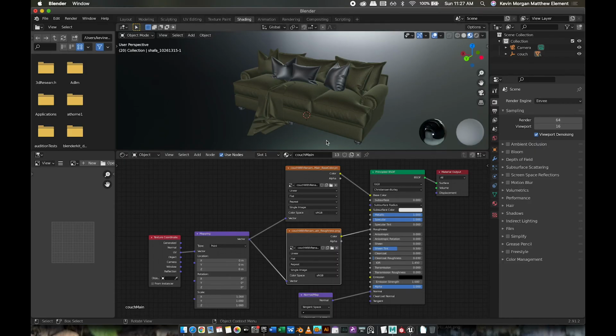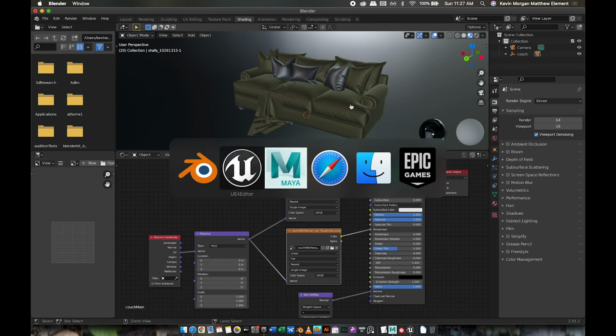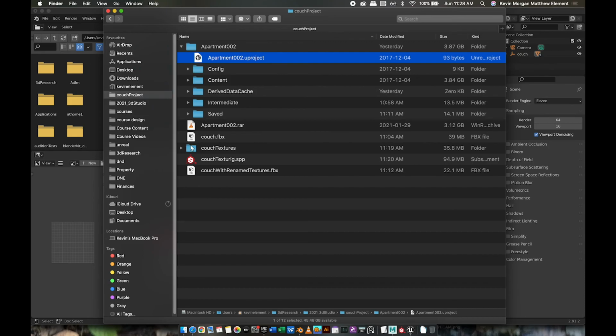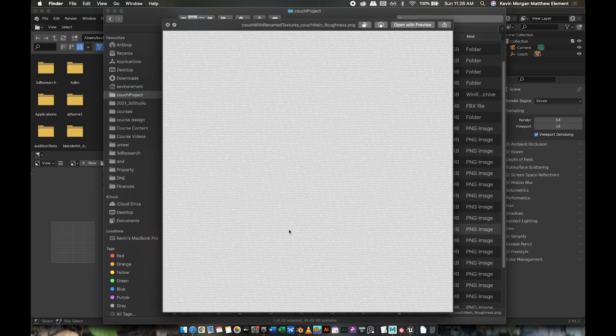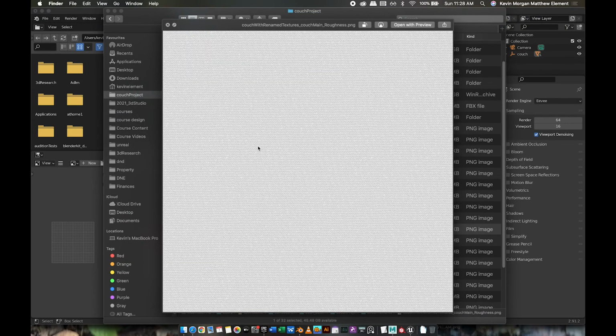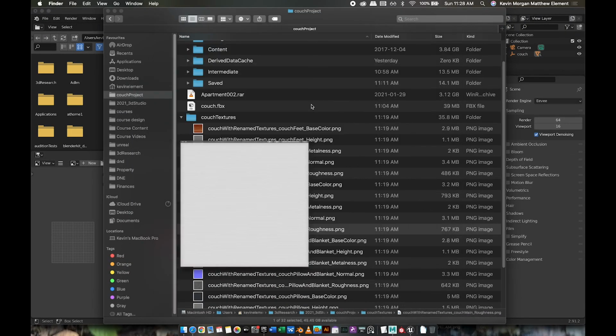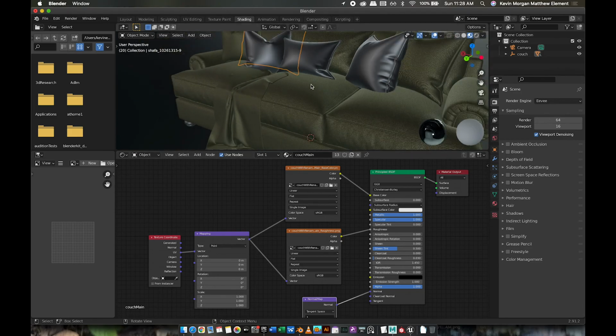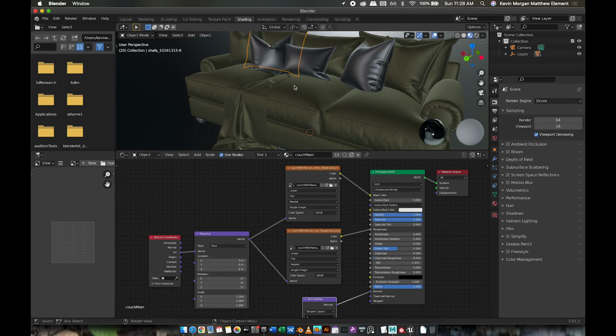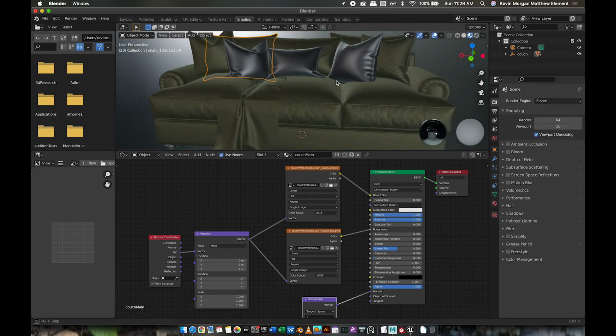So the roughness channel now is being driven by an image that I have back here. I'll just take a quick look at it. This roughness channel here, let me zoom in on it just so you can see that it's a black and white channel, and it's just describing areas of shiny and less shiny, less rough spots on that texture. Cool. And I could do the same for normals and things like that if I wanted to, but this is really not about a Blender tutorial, but rather just to get us sort of looking at this from a different